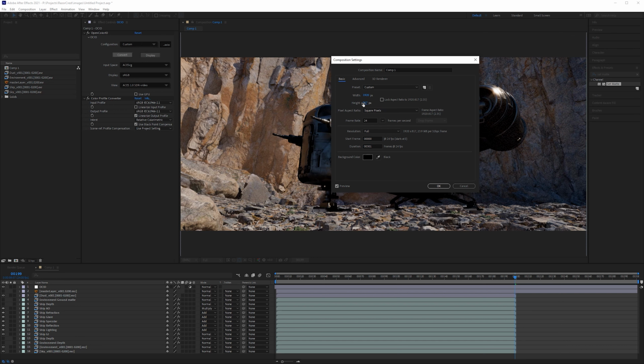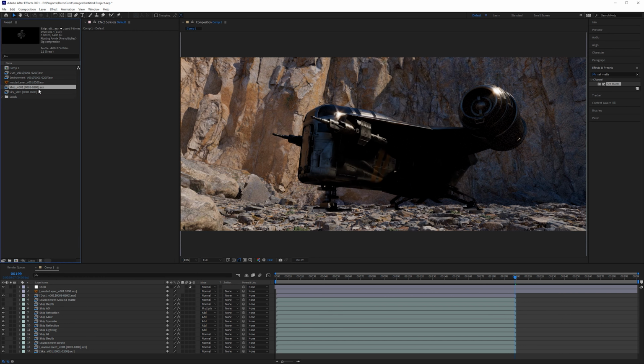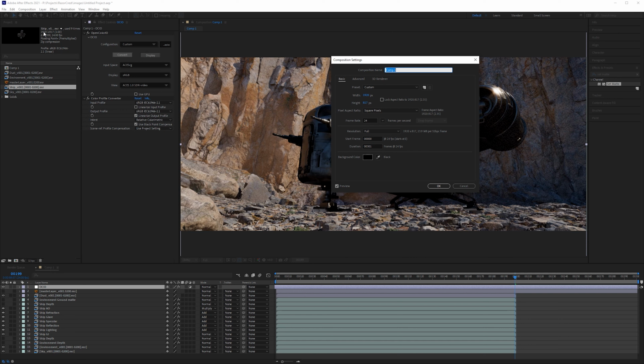If you used a different aspect ratio that was not 2.35, if you, let's say, did 2.39, which is another common one, or there's a few of them that you can use, you would just need to look at the resolution that you've rendered in Maya. So if I click OK, and then I select one of these layers up here, it will tell you what the resolution is. Basically, you just want to make sure that these two numbers are the same.